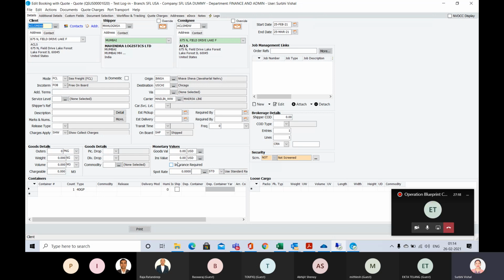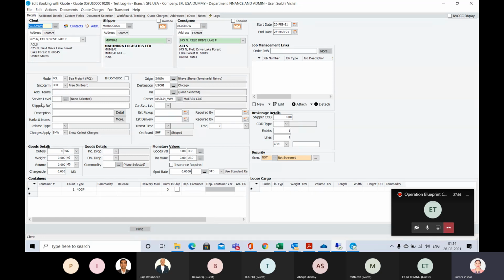Okay, so now if you can see, there are certain other columns as well which have been added, like additional terms, like any kind of terminologies which you are using inside your company between you and your agent, you can put here.